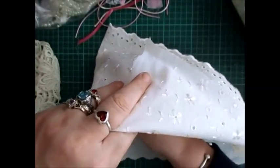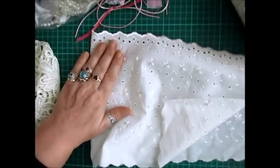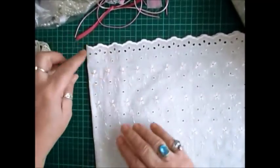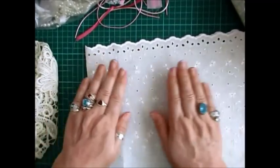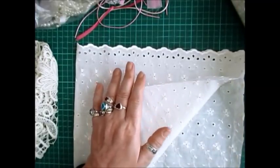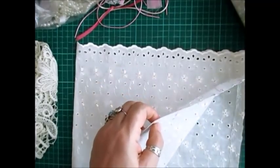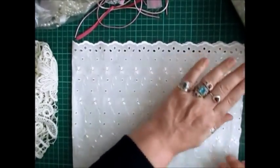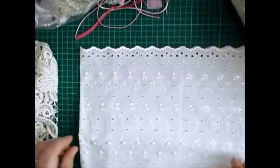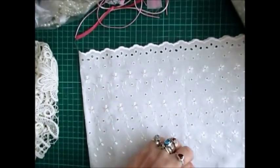I have to get my glue gun in there. And let me just get this right, like that. I need a lip here so I can work all the way around. That's it. So I'm only doing it about a centimetre away from the edge. That gives me a lip for me to decorate onto all the way around if I choose that. Okay, now I'm just going to